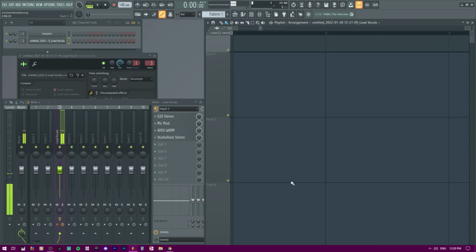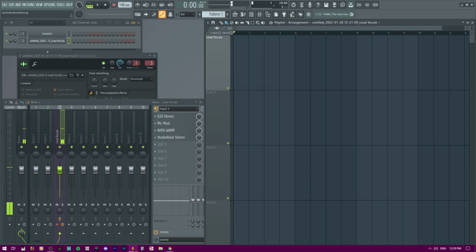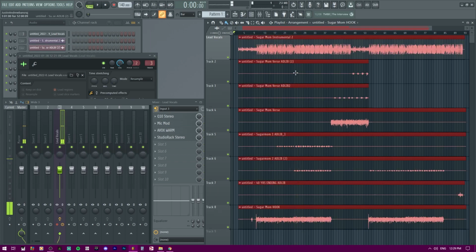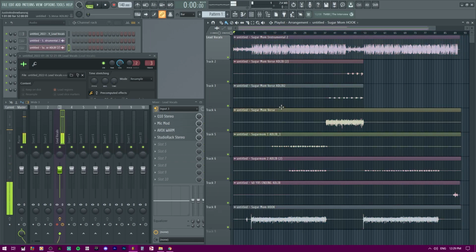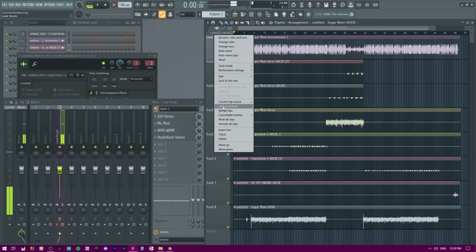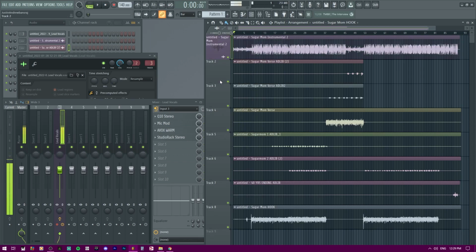The second thing is going to be, let me go ahead and just pull this out here. All right. So I got these tracks here, for example, right? It's from my friend. Sadly, they're all named Untitled. It is what it is. But another thing is when you're a mixing engineer working with audio, of course, you'll have to drag them and drop them into the playlist. You would have to right click and go to auto name or right click A the whole time. So right click A, right click A, right click A. That's what I used to do or had to do the whole time. That was pretty much the only option when you do it like this.